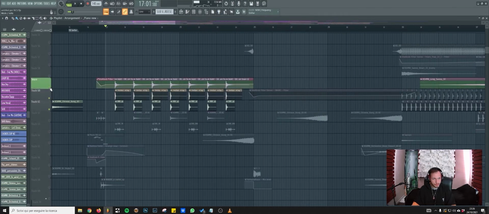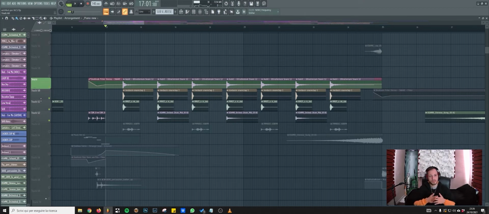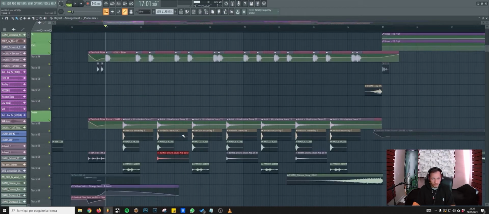One thing I would like to show you is that we decided to give different snares for different rhythmics. Basically the first one and the third one are always the same, and the second one and the fourth one are always different. What differs is just this simple layer, and in my opinion this helps a lot to keep the groove going, even though it's super simple. So instead of always having the same snare, we have one snare hitting and the second snare with a different layer, so it sounds slightly different. So that's it, really simple.